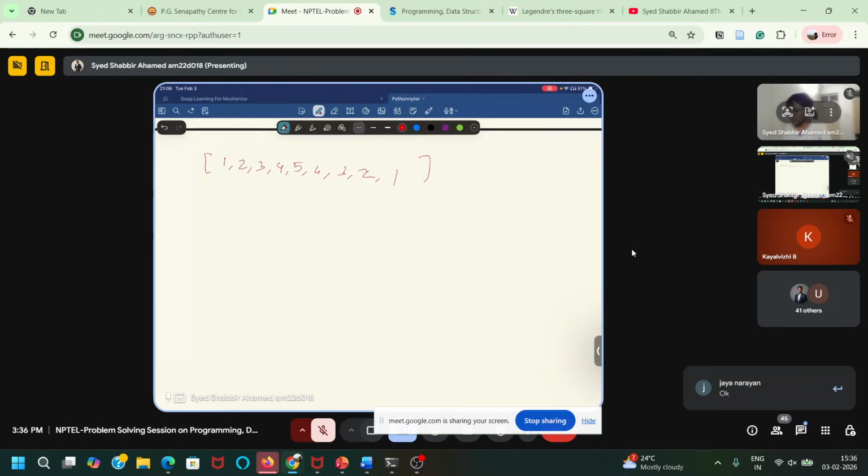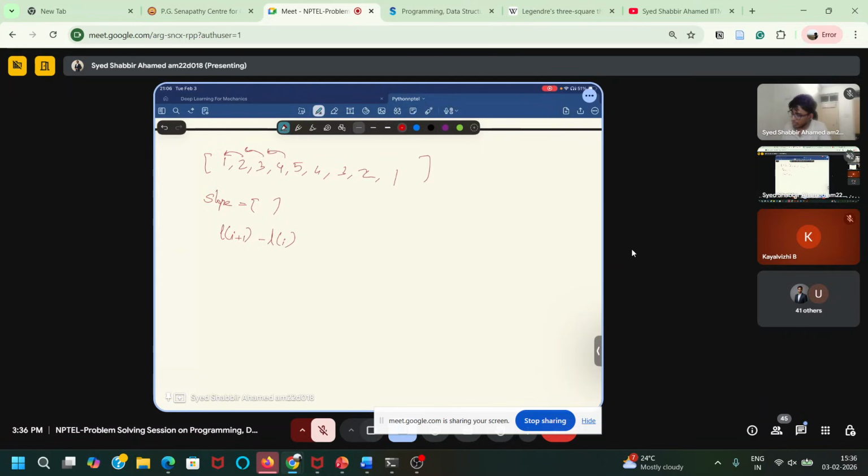So here you can first calculate the slopes. You can define an empty list called slope, and take L of I plus 1 minus L of I, and do this for all the numbers.